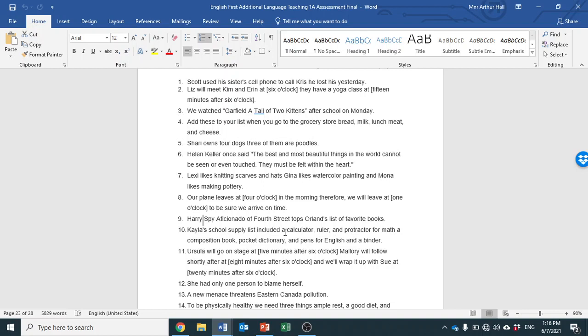Semicolon, a composition book, a pocket dictionary, and pens for English. Semicolon, and a binder. We do not add and a binder to English or maths because it stands alone, and therefore it takes the semicolon here as well, between the word English and. Okay, I'm going to move on to the next